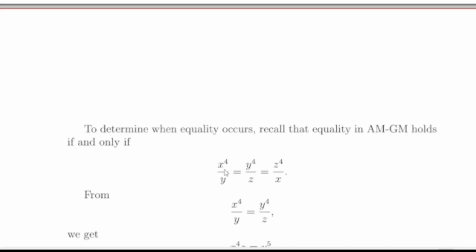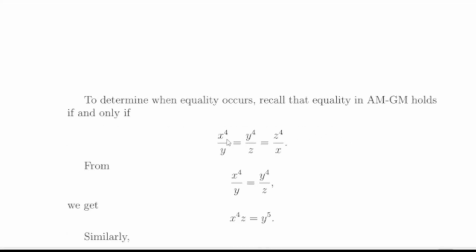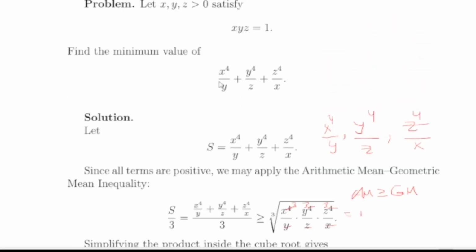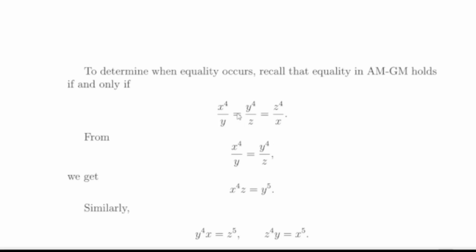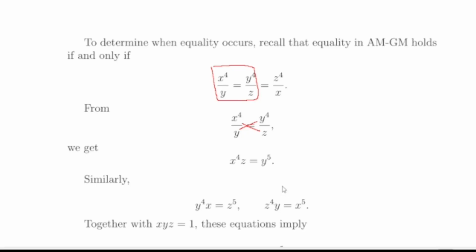Now, to determine when equality occurs, recall that equality in the arithmetic geometric mean inequality holds if and only if the fractions are equal. So if we go up here, these numbers must be equal in order for the arithmetic mean and geometric mean to be equal. Looking at the first two, we have x to the fourth over y equals y to the fourth over z. We can cross multiply and get x to the fourth z equals y to the fifth. And then similarly, we can look